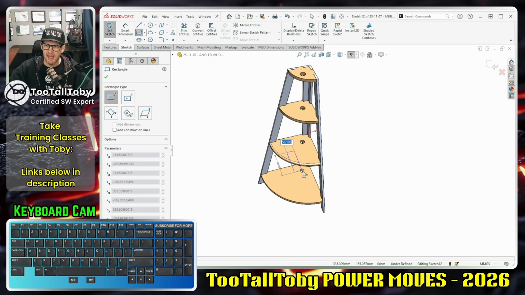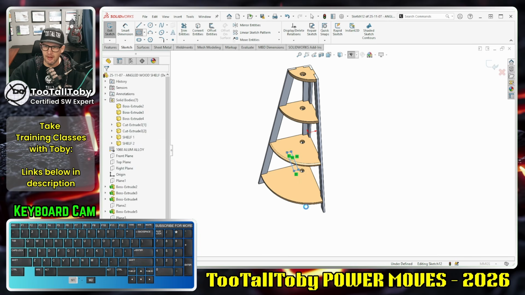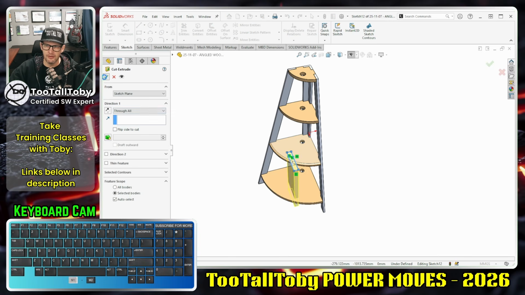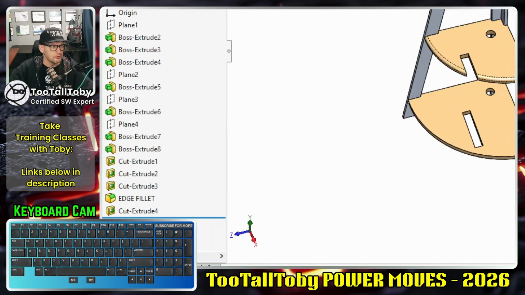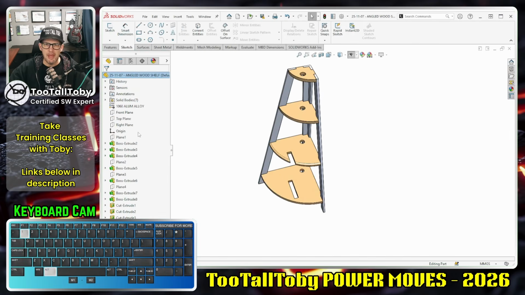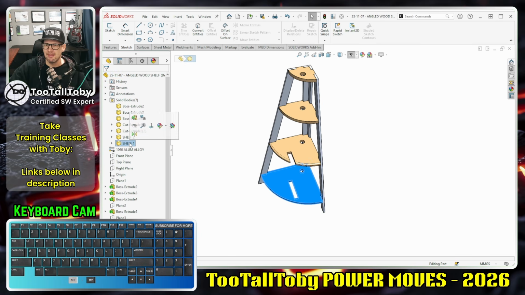So for example, if I add in a little notch here on the front of the shelf, that feature is going to be called something like Cut Extrude. Well, let's see, what is it called here? It's called Cut Extrude 4. Okay, but the solid bodies have not been renamed to Cut Extrude 2. They've maintained their name here, Shelf 1, Shelf 2. So once you manually rename those bodies up in the bodies folder up here, you'll no longer get that automatic